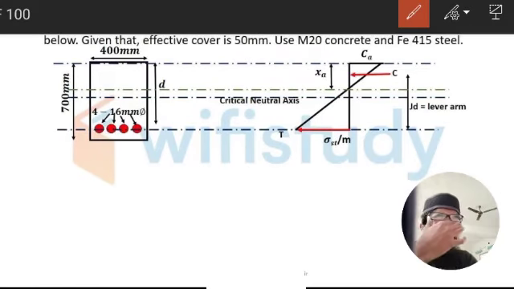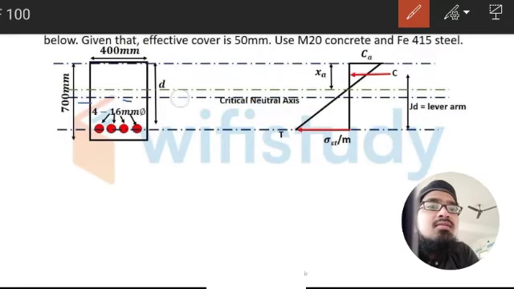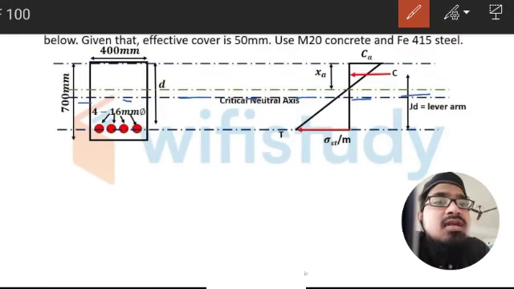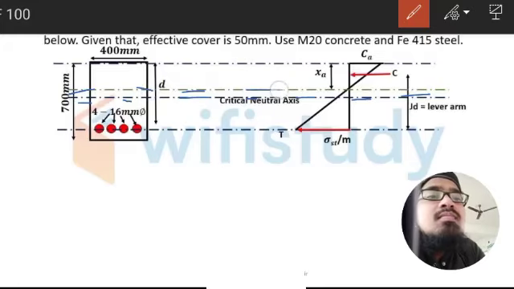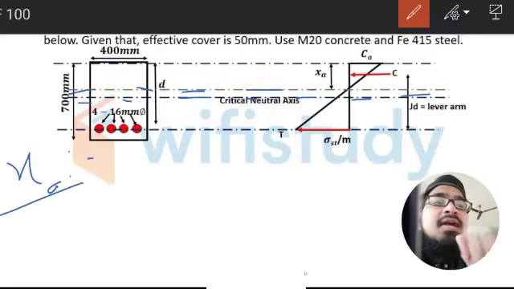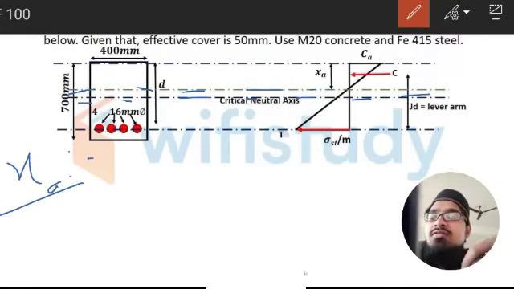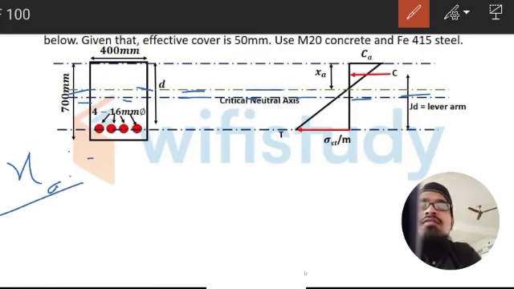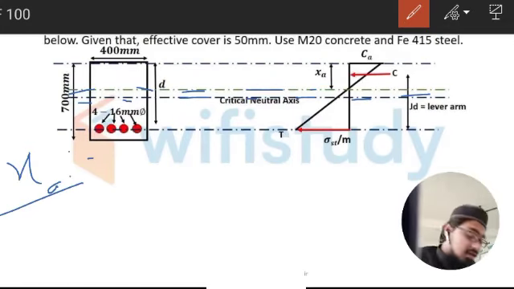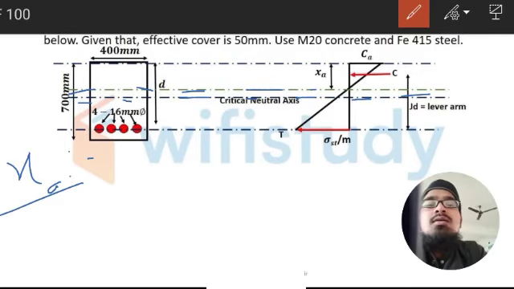So see here, there will be a neutral axis. These black lines indicate the critical neutral axis, actually. These green lines indicate the actual depth of neutral axis, that we should find. For finding it, moment of area is compulsory to be found out. So the moment of area formula is area into center of gravity.